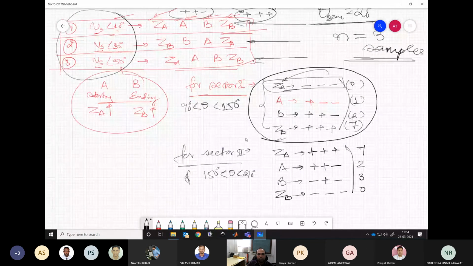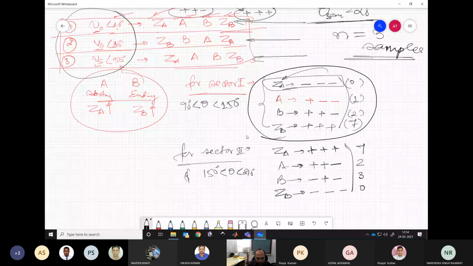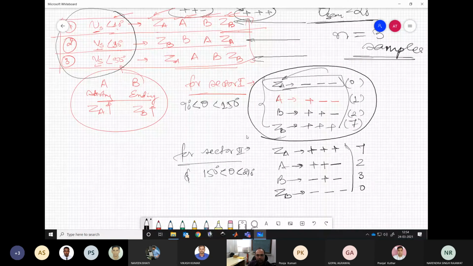So this way we have simplified our job to a large extent. Now it's only an if-else loop or just a condition we need to write in our microcontroller. So the programming becomes very simple. You need not have any carrier or sign or anything. We just need to know where the vector is.